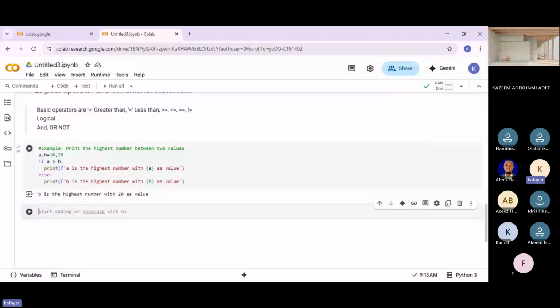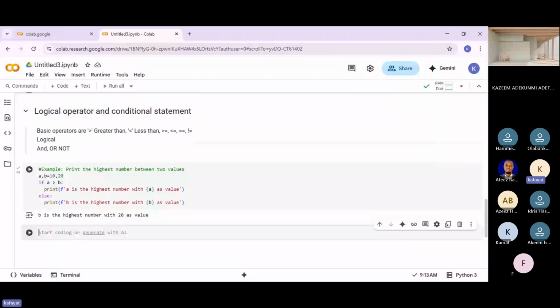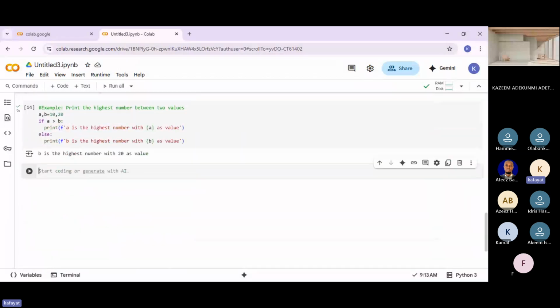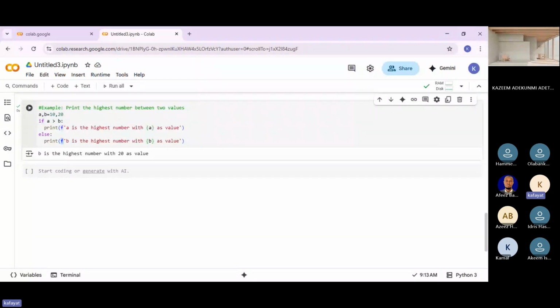I should have said it was from this string formatting. It's a way you can format your string. Let's assume this is a text, and there is no way we can write a text and a number together. It will throw an error, except maybe I write it at the back here, put a comma, and then specify my numbers. So with this f function, you'll be able to write a number and perform mathematical operations in the body of a string.